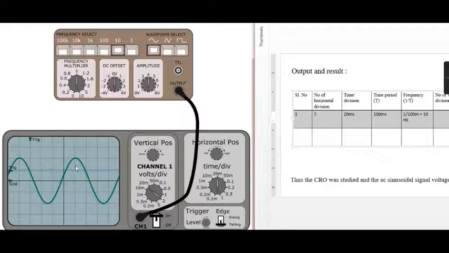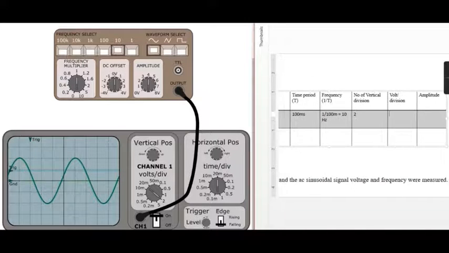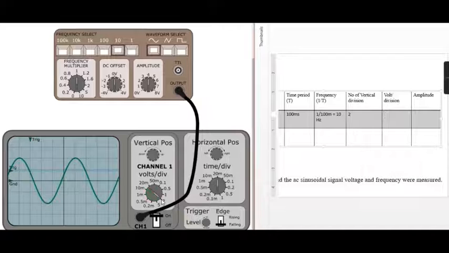we can measure the 10 hertz using your CRO. Next, the y-axis, the number of vertical divisions: 1, 2. So 2. This is your voltage per division. So the voltage per division is 2, again which is 2 volts. So the total amplitude is again the product of the divisions and the voltage per division, which is equal to 4 volts. So we have kept 4 volts in the function generator, and we can measure 4 volts in the CRO.